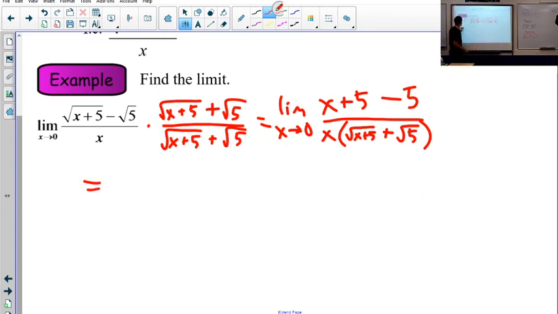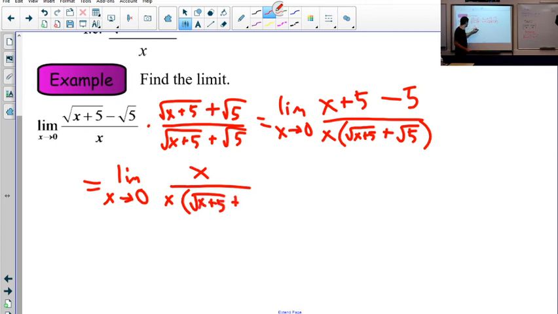So what we're hoping for, don't forget, is for something to cancel on top and bottom. x plus 5 minus 5 is x, and then we still have this stuff on the bottom. And then, by a miracle of the problem being designed so that this would work, x's cancel on top and bottom,